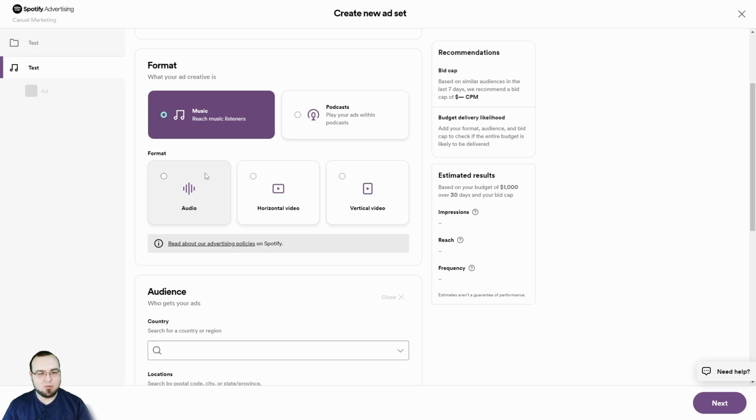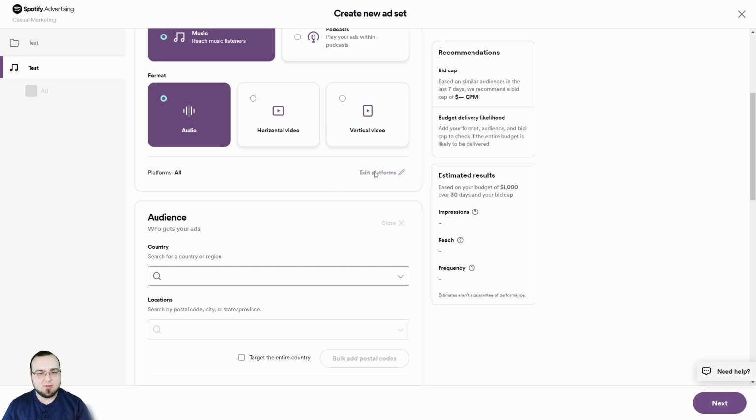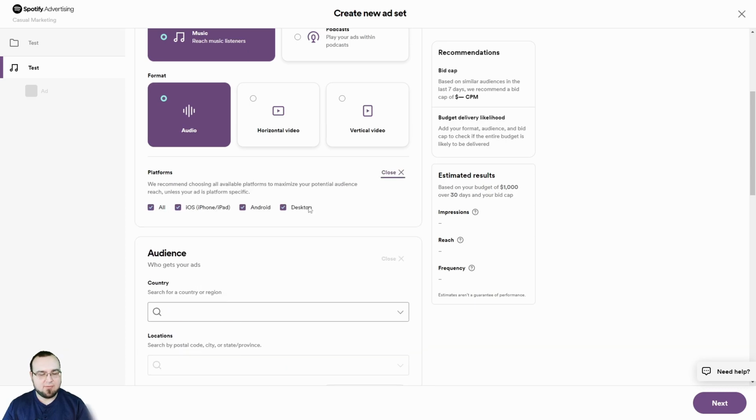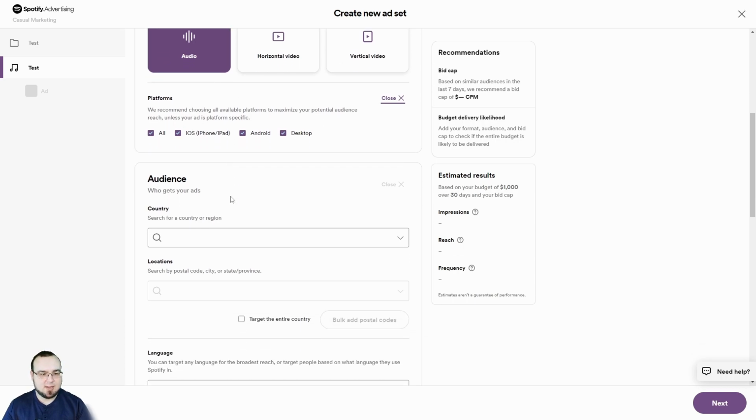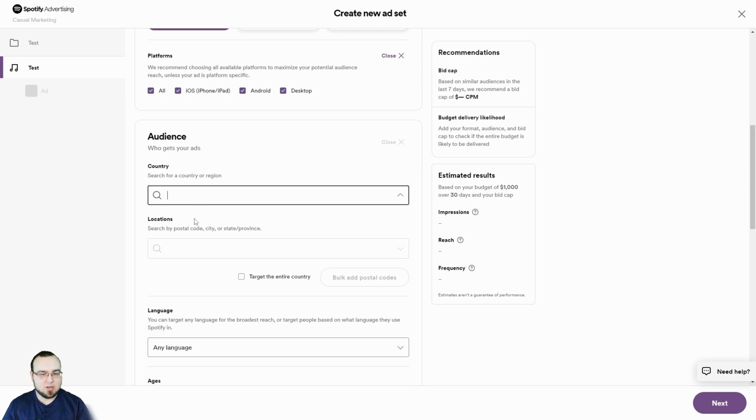And I'll show you a couple cool things that Spotify offers that are a little unique. So if we click audio, you can quickly see the different platforms that are available. So if you only want to do mobile, only want to do desktop, or both, you get some options here. Then we get into country, which is awesome. So you can easily break this down. I can do the United States,